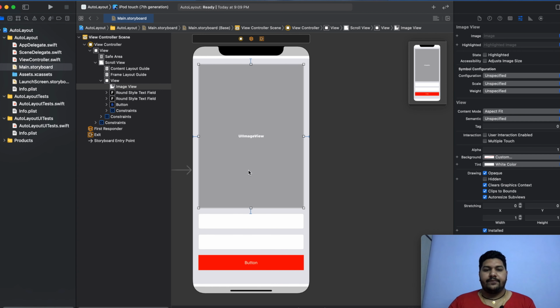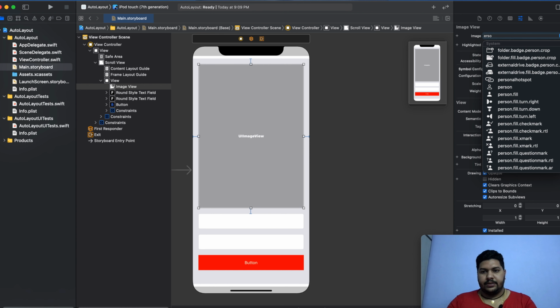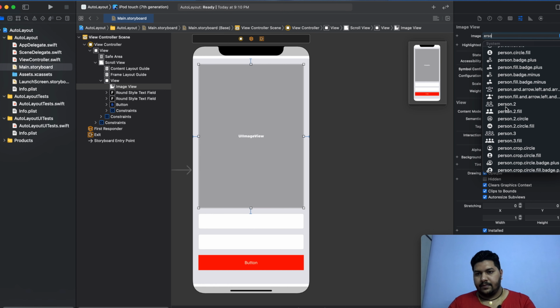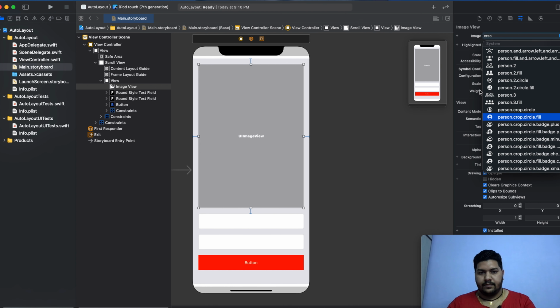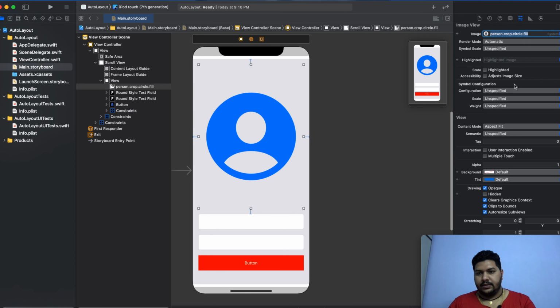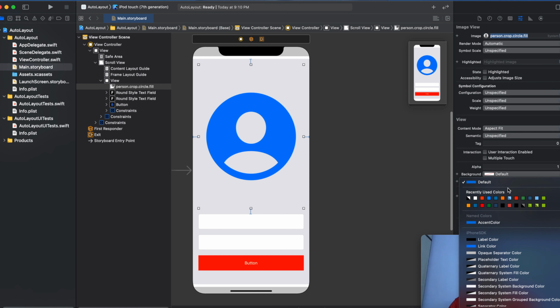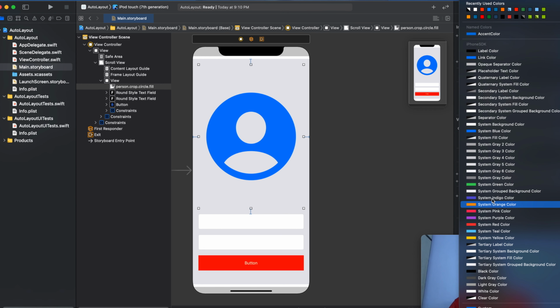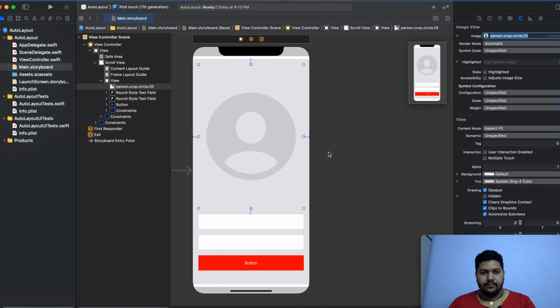Now first thing is that this is already an auto layout. Here you don't need to do anything. Okay, so if you select the person image, and the default tint color I'm going to take, this is my default design. So if I run this project, then you can find the difference. This will vary on the basis of screen size.